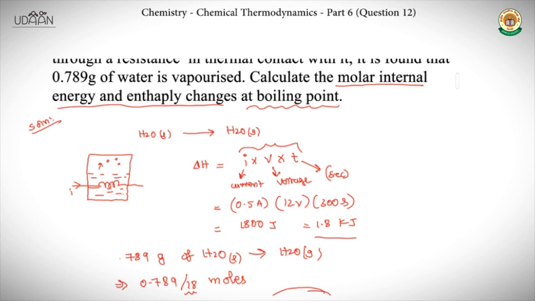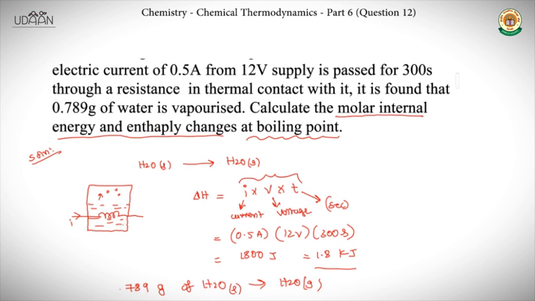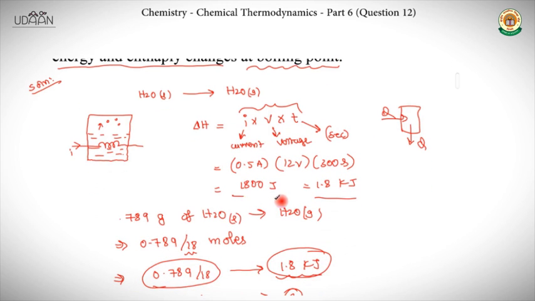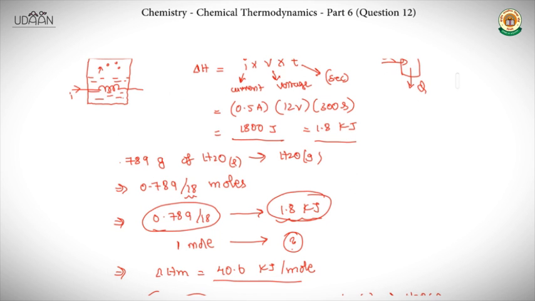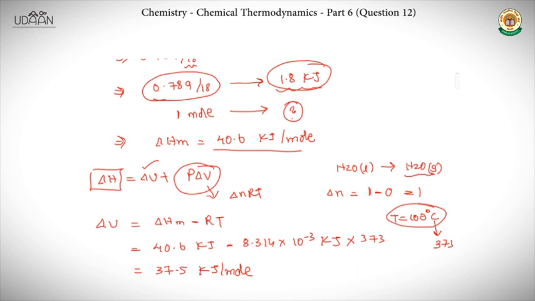So in this question, till now in every question they gave us directly how much heat is supplied or how much heat is taken from the system. But in this question they gave an alternative way. We are using a heat coil and we are supplying energy as heat. So first we calculated the heat that we supplied. Then we calculated the molar heat of vaporization. Then we calculated our required thing, that is the molar change in internal energy. And this is our answer.